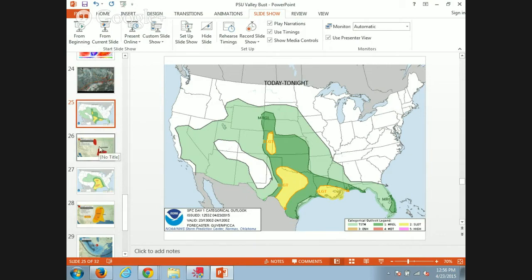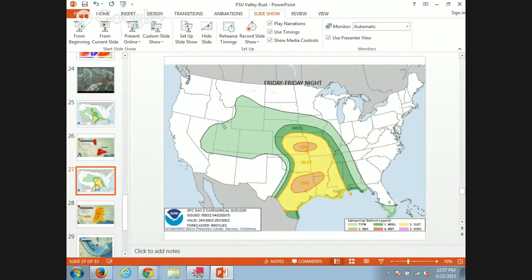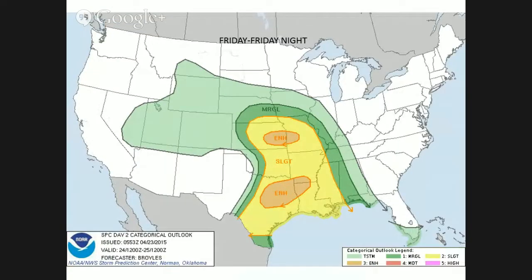This is the AccuWeather thinking here for at least later today into tonight. So we're kind of thinking the same idea here in eastern Colorado, western Kansas, and across the Red River of Texas into central Texas. SPC, let me see something. There we go. That's their tomorrow and tomorrow night as that big storm comes out of the